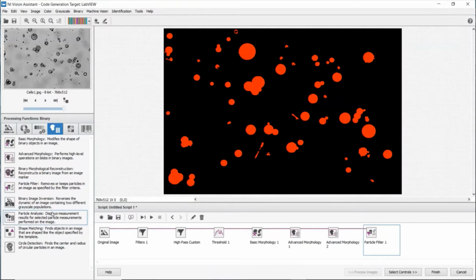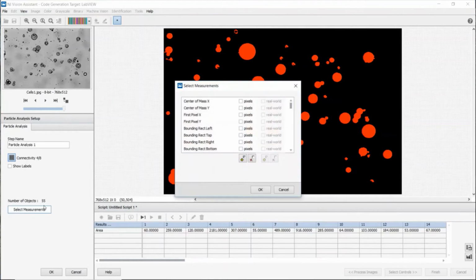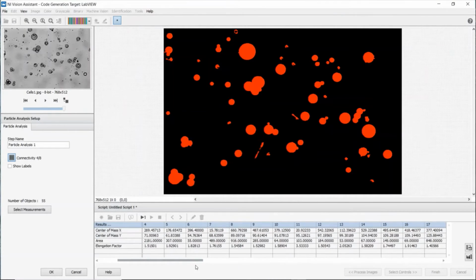The last step would be to perform the particle analysis. The particle analysis function enables us to obtain different kinds of measurements on the particles that were found in the image, that are left over in the image. So we can select from a huge range of measurements. For example, if we wanted to, we could display the elongation factor of our particles, or their center of mass, where it is. So let's choose those, and we can